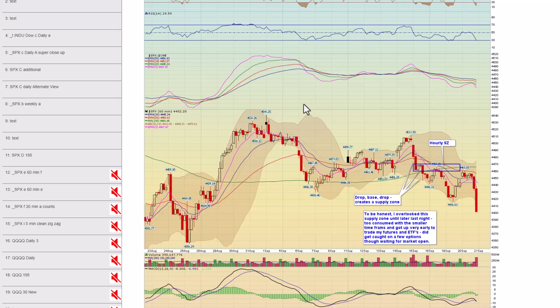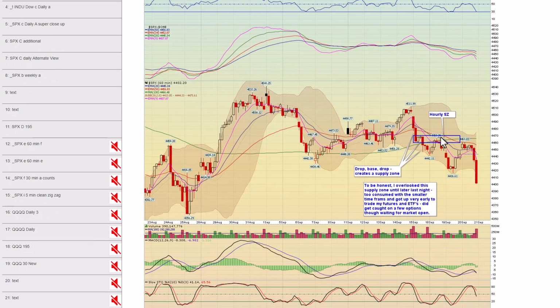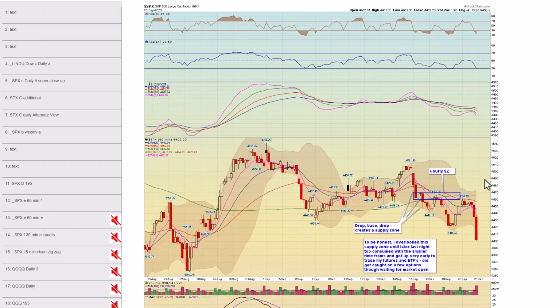Next, chart number 13, here's another 60-minute chart. Steve talked about this last night, this little supply zone that we got up into, sold off. And we got up near there again today. But again, look at that. Those last 2 hour sell-offs, down extremely strong.